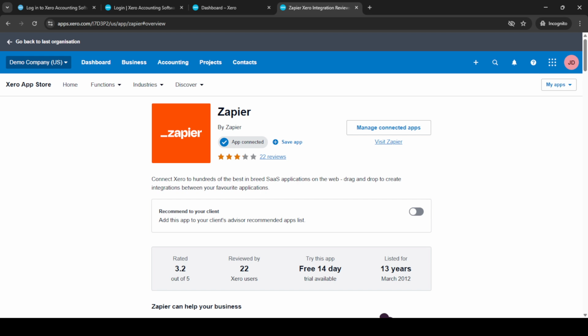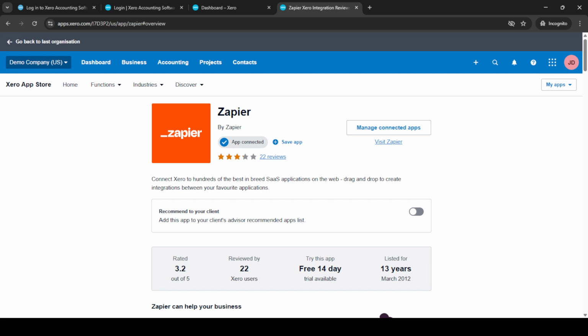As a quick tip, take some time to explore Zapier's Zaps, which are pre-built workflows between Xero and other services you use. This can be a massive time saver as you look to craft customized automations that cater to your specific needs. Encourage your users to regularly review the integrations to ensure everything is running smoothly. Automation should evolve as your business does, so don't hesitate to refine them over time to best support your workflows